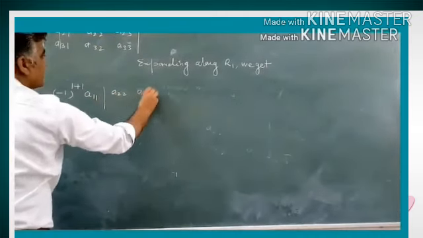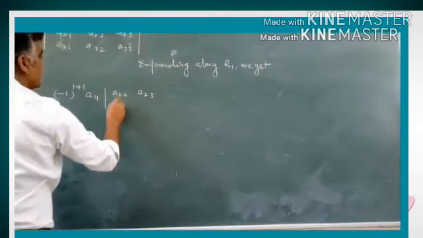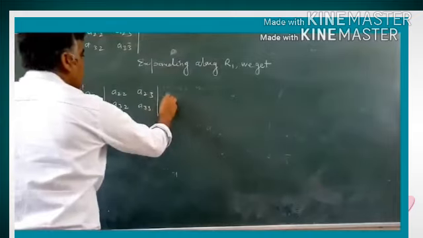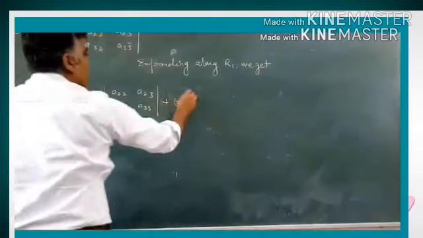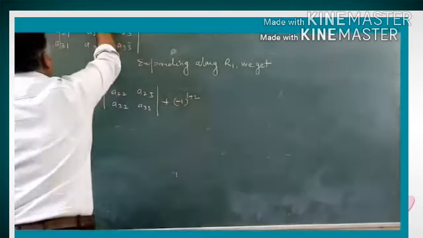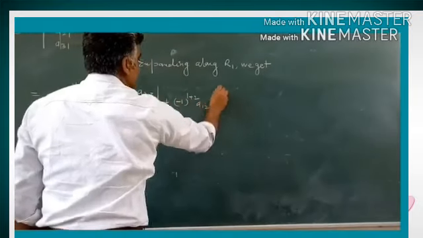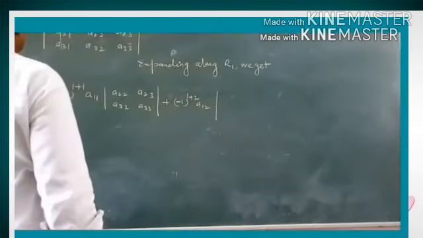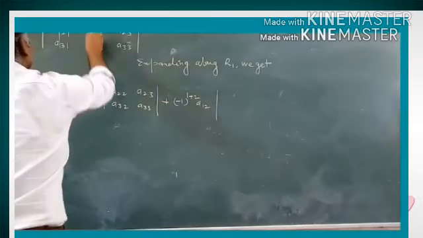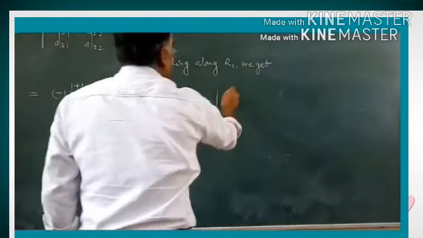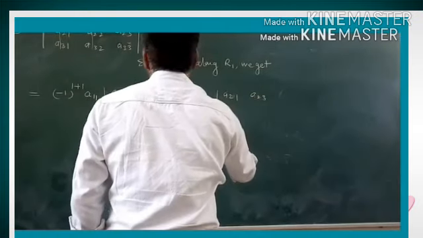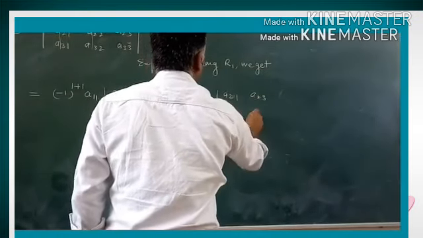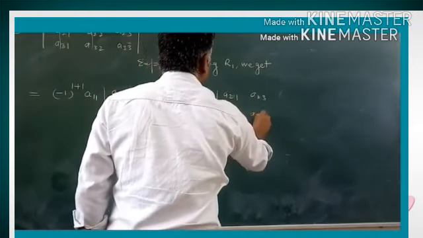A22, A23, A32, A33, plus (-1) power of the sum of indices 1+2 into A12 into the second order determinant obtained by deleting the first row and second column: A21, A23, A31, A33, plus